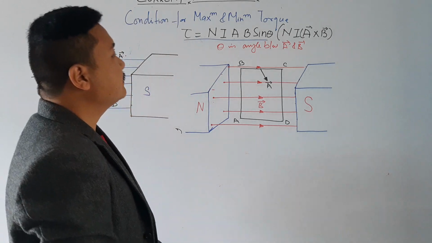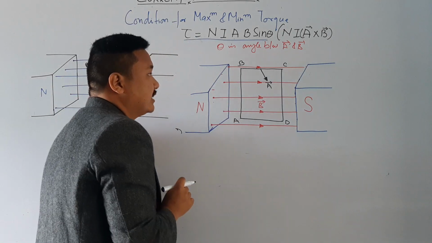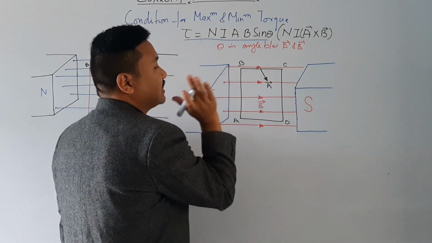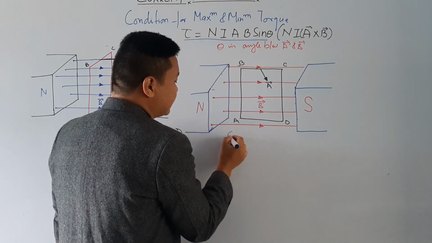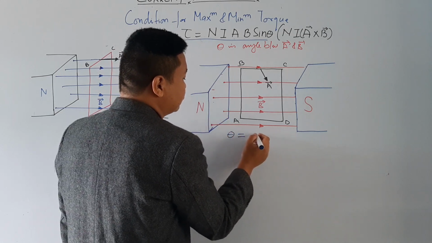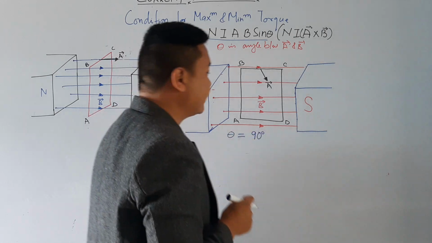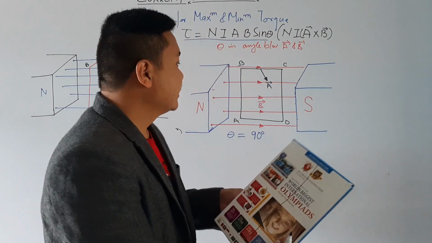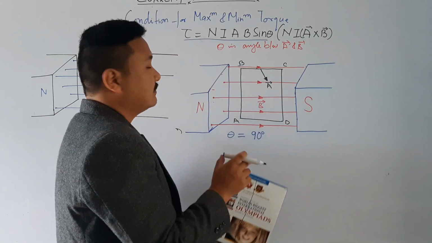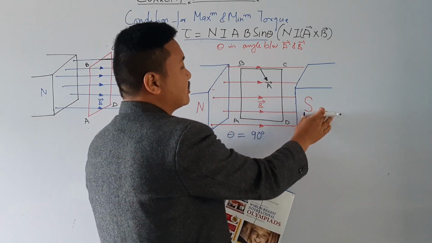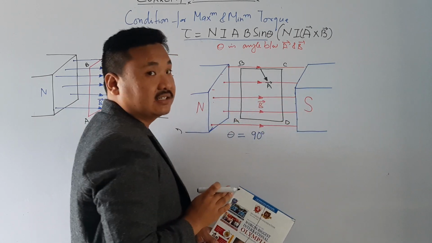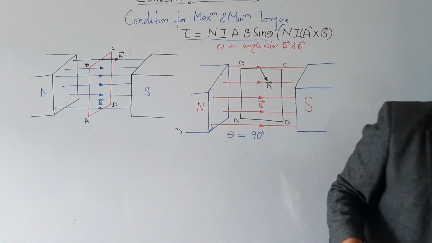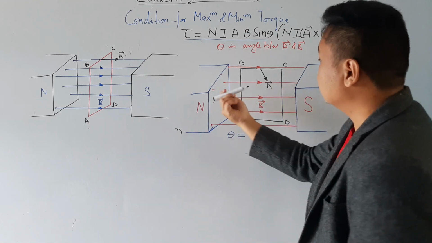So let me go to this condition now, in which what is the angle between A vector and magnetic field. If you see here, the theta, that is the angle, is equal to 90 degree. Can you see it here? I will show it with this diagram, with this sheet. So this is the condition. This is my north pole, this is my south pole, and the magnetic field goes from north pole to the south pole. Understood? It is going in this direction like this.